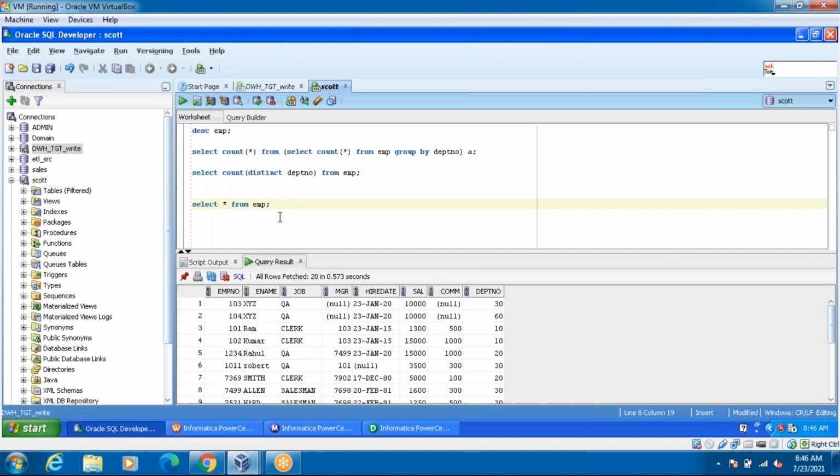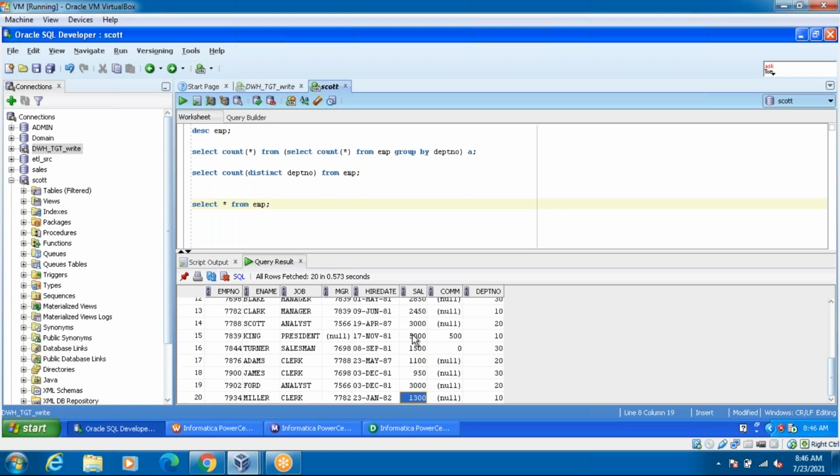Here the salary does not have any null values right now. In future, a null value may come.